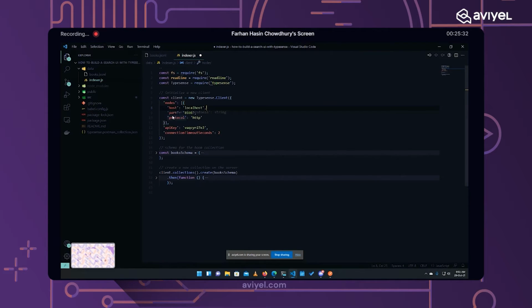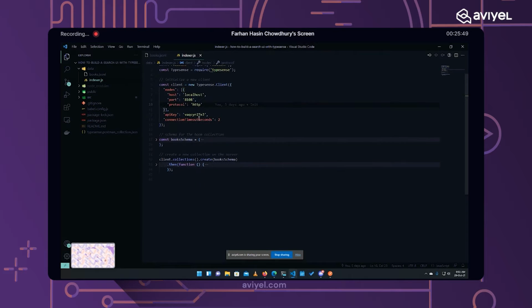Then there's the port, 8108. My server is running on 8108, so I'll just use that here. Finally, the protocol. It can be either HTTP or HTTPS. I'm on my local system again, so it will be HTTP for me.